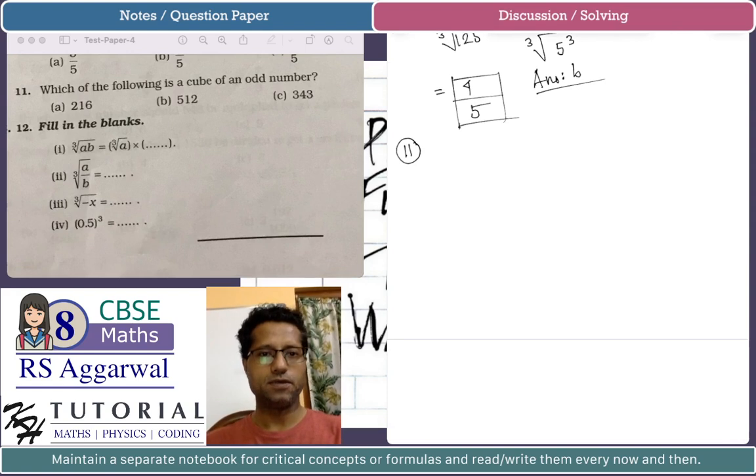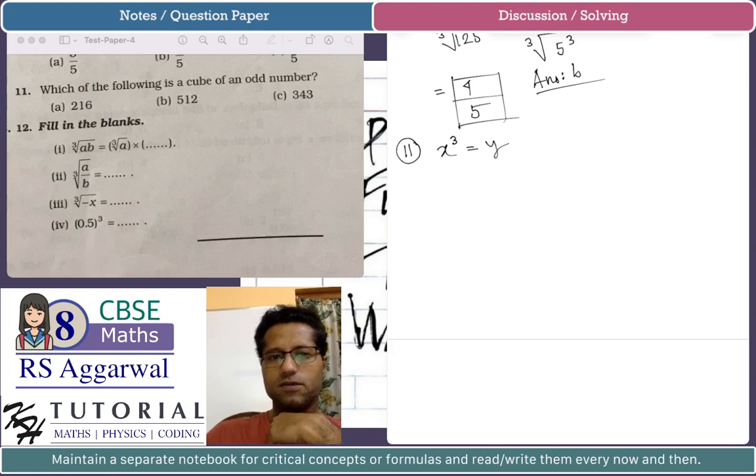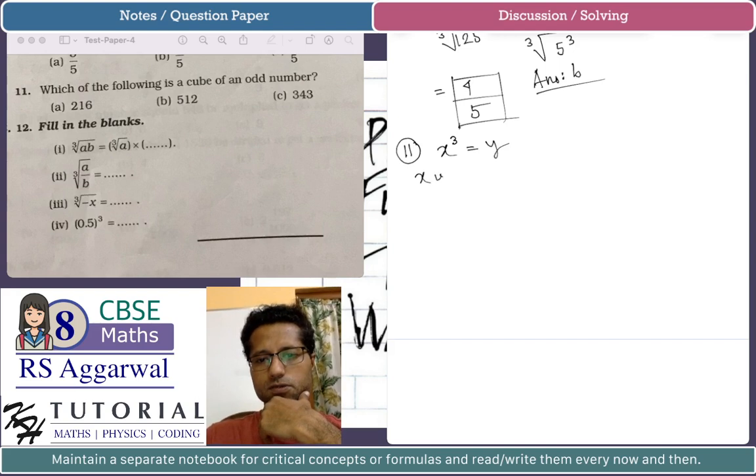Which of the following is a cube of an odd number? Okay. So we know that if we have x cube equals y, let's say x and y are both natural numbers, then y is a perfect cube and it is the cube of x. Now we know a property of cubes: if x is odd, it will imply y is odd,